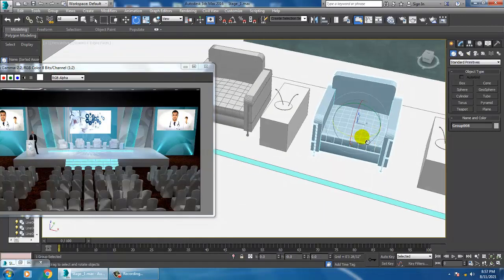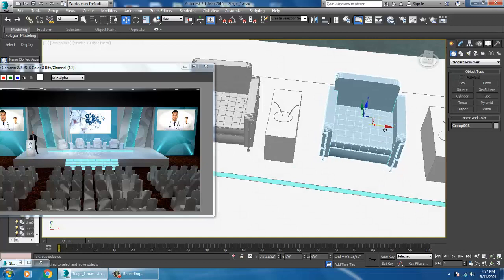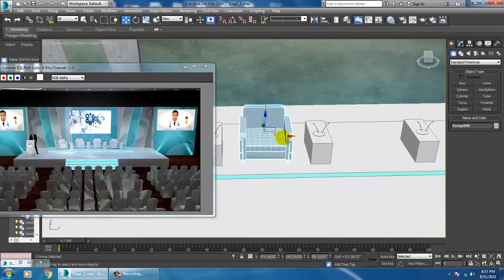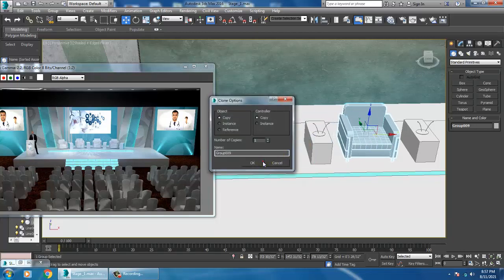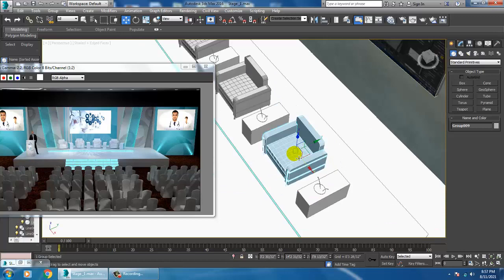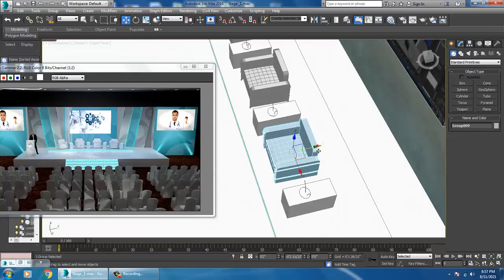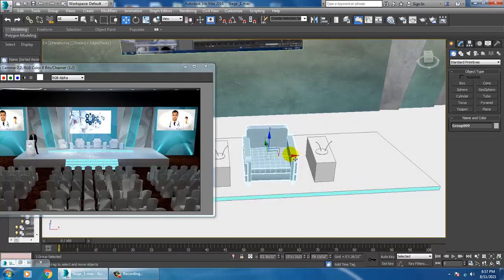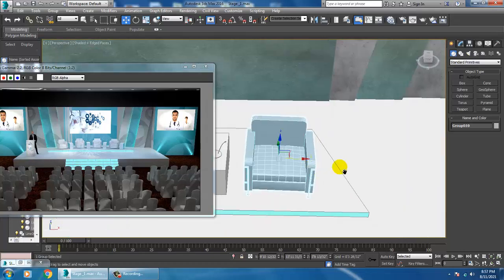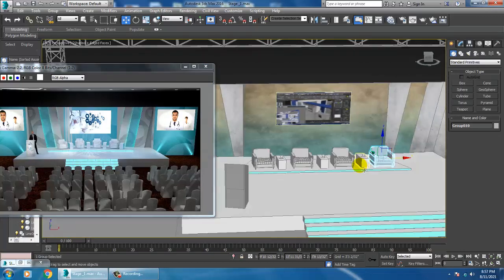Slightly we can rotate it. Again we'll duplicate that, and select this. Alright, so save your file again.